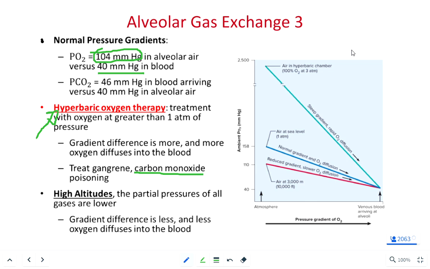Gangrene is less common today, thank goodness, because it's disgusting and terrifying all at the same time. These are situations where we need to pump more oxygen into the body, either because there's a lack of circulation. Gangrene is associated with a lack of circulation, so we have a problem delivering oxygen because we don't have the vessels in place. When we look at carbon monoxide poisoning, our erythrocytes have been, for lack of a better term, partially deactivated. It's known as competitive inhibition, where carbon monoxide binds to the heme subunit really tightly, and to get that carbon monoxide off so our red blood cells can transport oxygen instead, we have to radically increase the